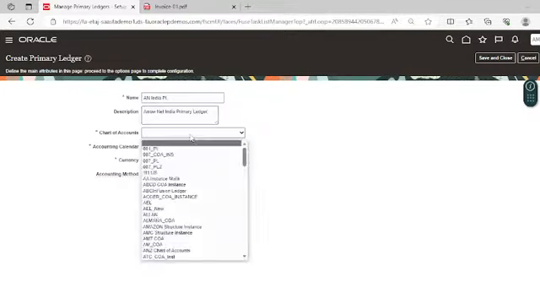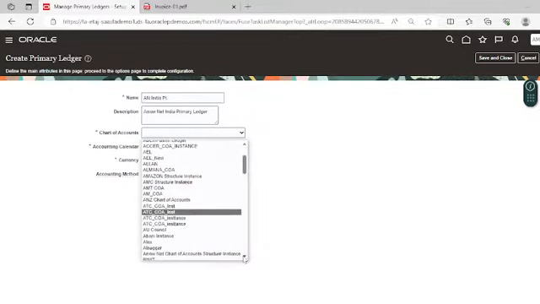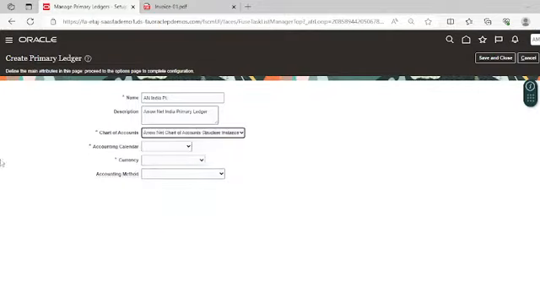Select the chart of accounts that we have created. This is the chart of accounts that we have created.